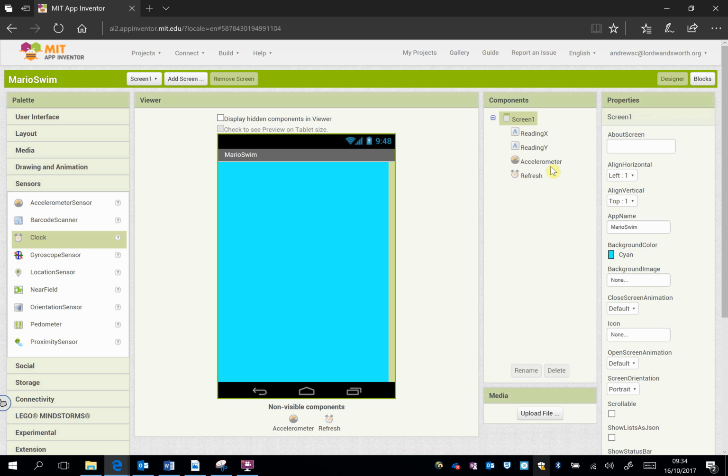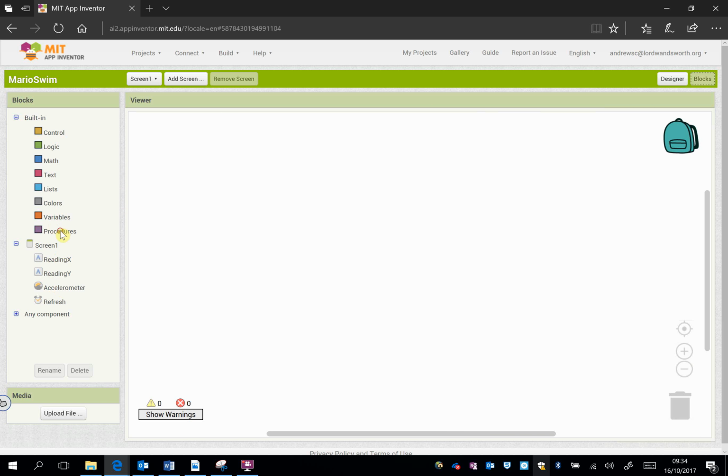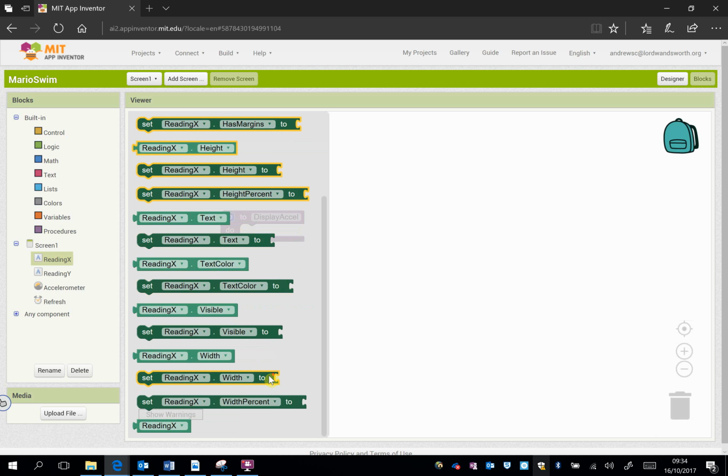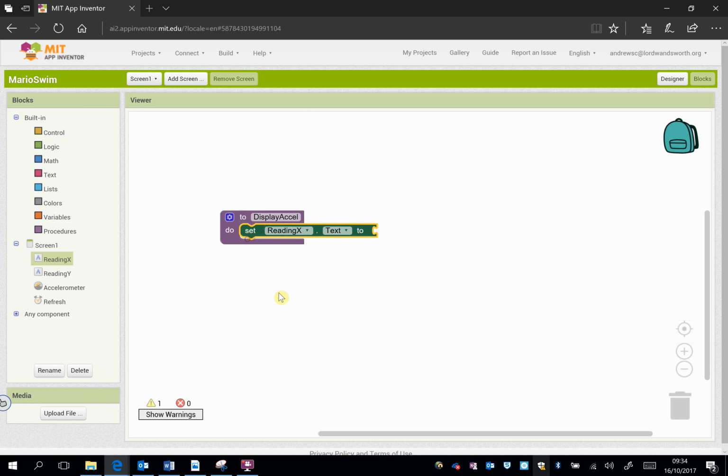Firstly, we're going to set up the code that shows how these labels display the accelerometer. I'm going to put in this, and it's going to be called display accel. Now this is, let's say, to display the accelerometer settings. It's just a procedure. First label, we're going to set the reading x.x, so the reading of the x axis on the accelerometer, to,